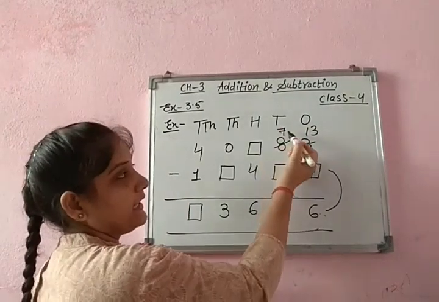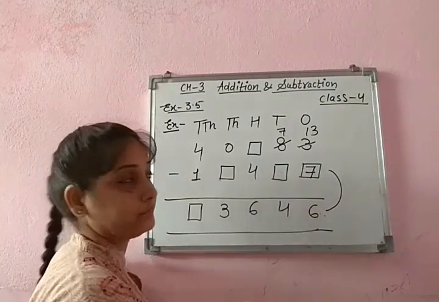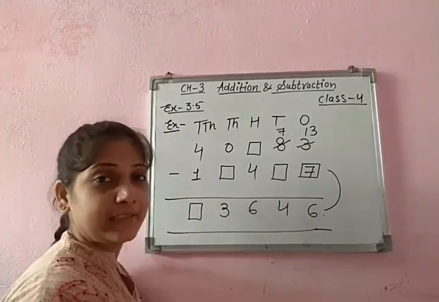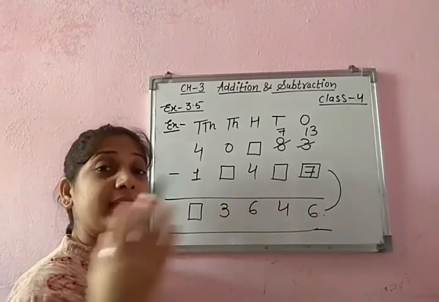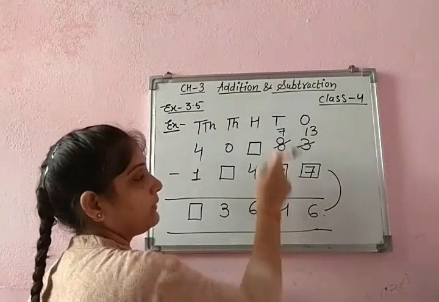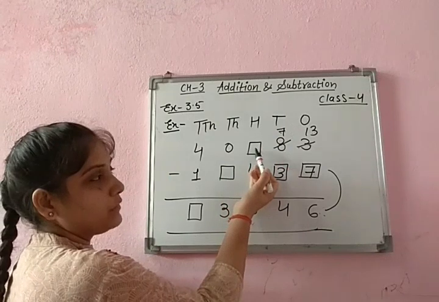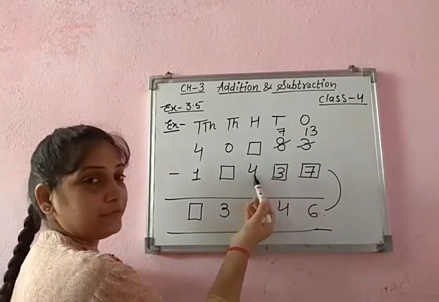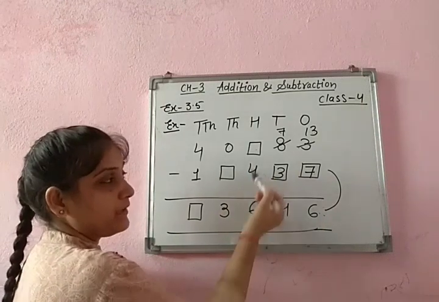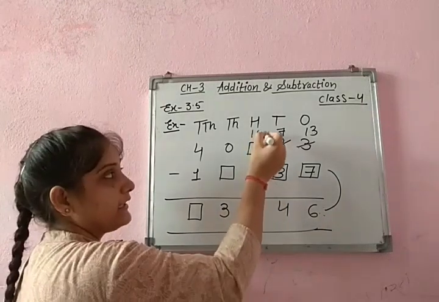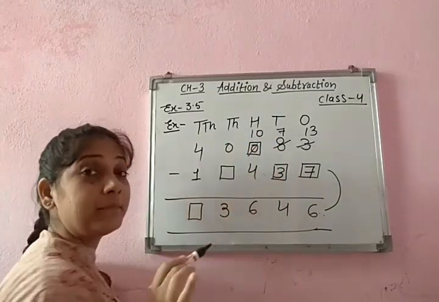Now reach the next step, 7. What do we subtract from 7 to get 4? 7 में से क्या माइनस करें कि 4 आ जाए? तो after 4 you learn the counting 5, 6, 7. It means 3. 7 minus 3 gives us 4. Now the next. What should the number be so that if you subtract 4, it will be 6? So it is the addition of these two. 6 plus 4, 10. 10 is written here. So it must be 0 because after getting a borrow, it becomes 10.